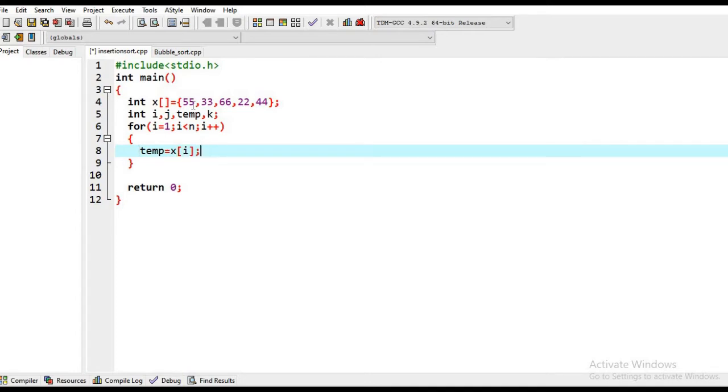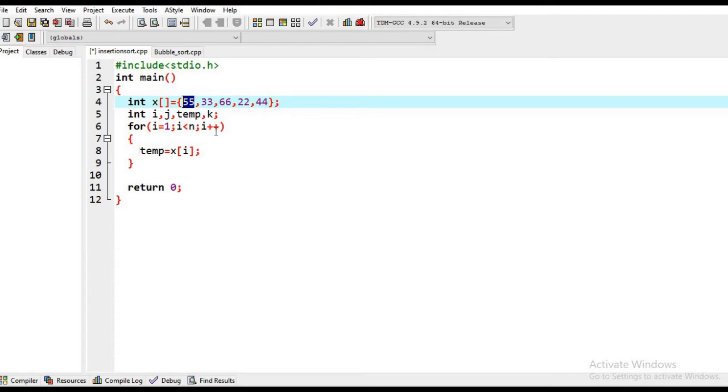Right now there is only one element in the sorted portion, which is 55, so we compare 33 with 55, and if 55 is greater than 33, which is true in our case, then we shift 55 towards the right, make a place here for 33, and insert 33 in the sorted portion.